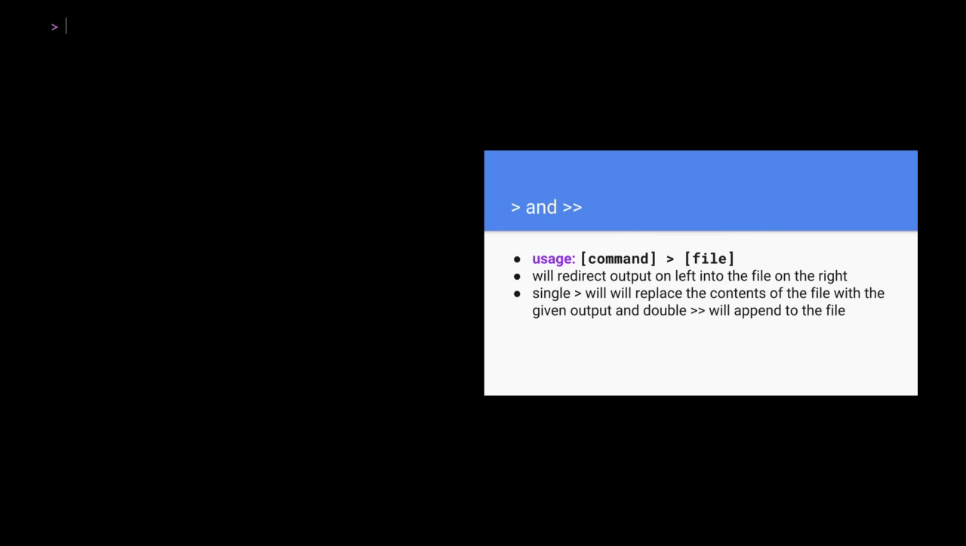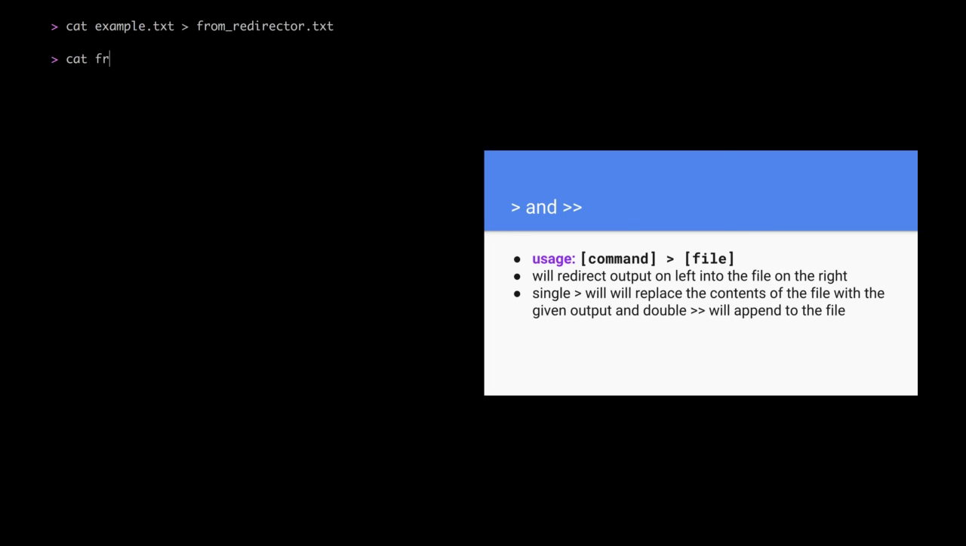So a greater than symbol or a double greater than symbol is used to take the output of a command and redirect it into a file. A single greater than will replace the contents of a file or create one if the file doesn't already exist, and a double greater than will append to the end of the file, or add on to the end of it. So if I do something like cat example.text